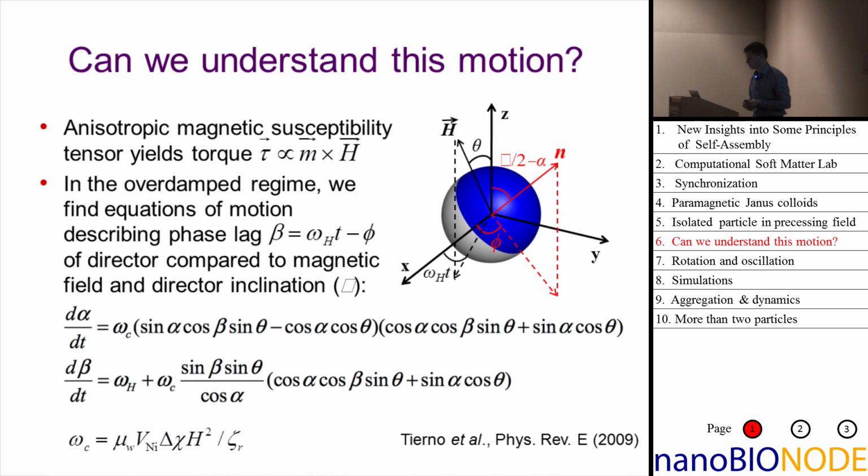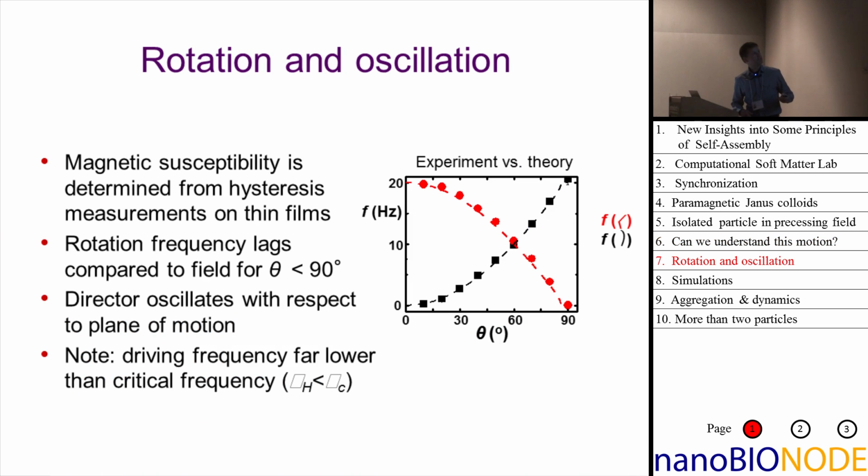So that's completely understood. The interesting thing, though, is that even though this motion of the particle is controlled by the magnetic field, there's still a certain degree of freedom. The motion of the particle, even the rotational frequency of the particle, can be changed solely by changing the angle of the magnetic field with the z-axis, not the frequency. So you change the angle of the magnetic field, leaving the frequency alone, and the particle will start to spin slower or faster.